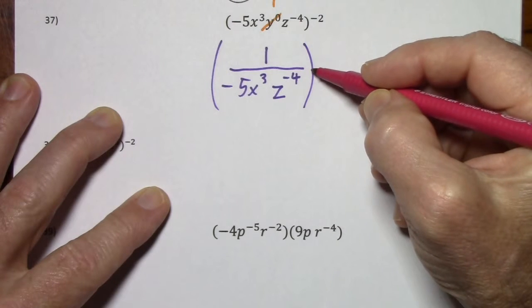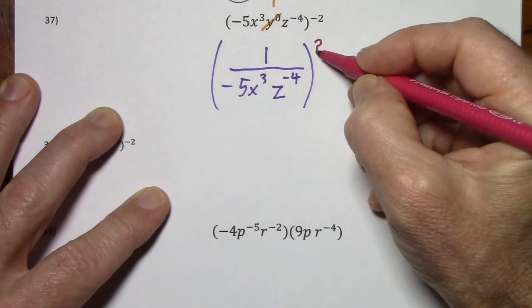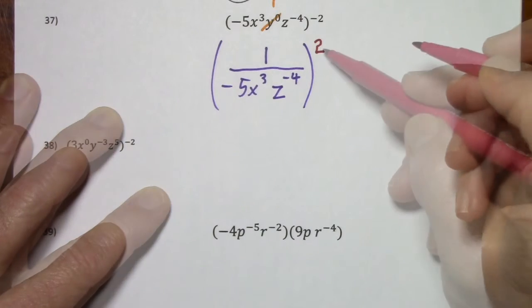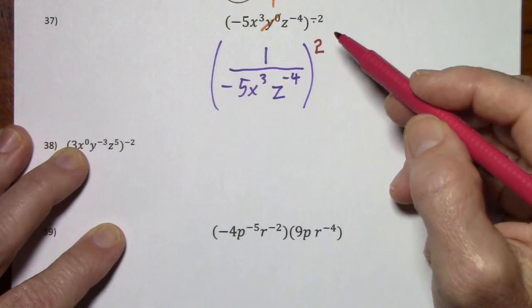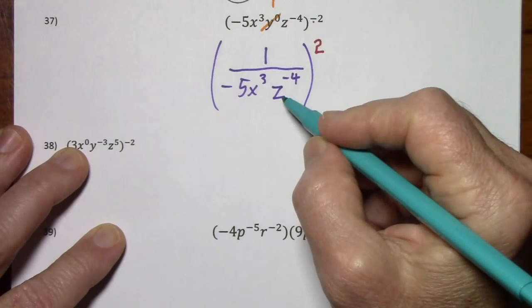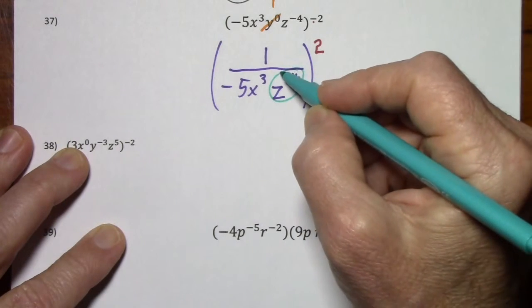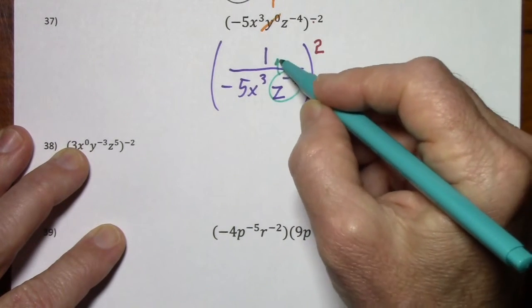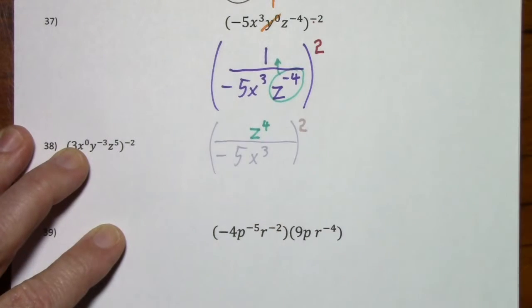Since I've taken the reciprocal, we change from a negative exponent to a positive. So I've taken care of this negative exponent, but I still have to worry about this one. To take the reciprocal of z to the negative 4, in effect, I just push it up across the line. So I'll have z to the 4th